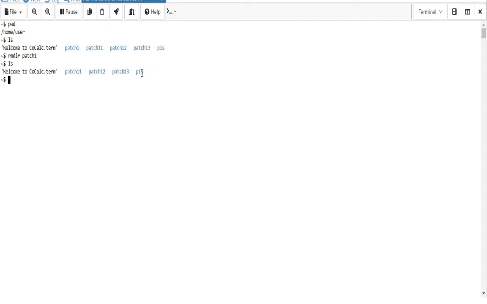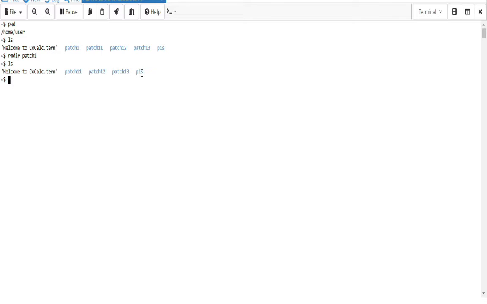Even it is possible to delete a directory with subdirectories also. But just remember one thing: while deleting any directory which has subfolders, first you have to make that folder empty. Means first you have to delete all the contents of the subdirectory, then delete the subdirectory, and then you go for deleting the main directory.